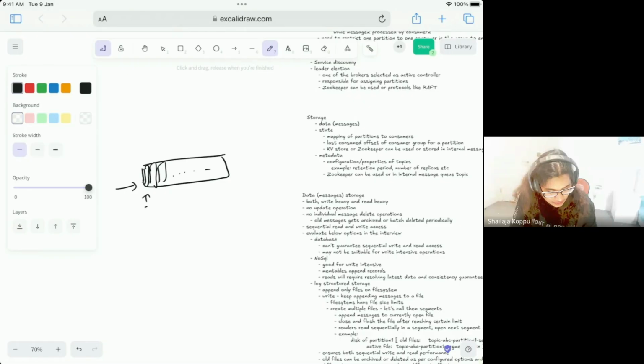So let's say consumer 1 is reading here, consumer 2 is reading here, and so on. If we see, all the messages are append only, they keep coming up, and there are no in-place updates. So there is no API we are providing to the end users that lets them go and update an existing message somewhere in the middle. That means no in-place updates.